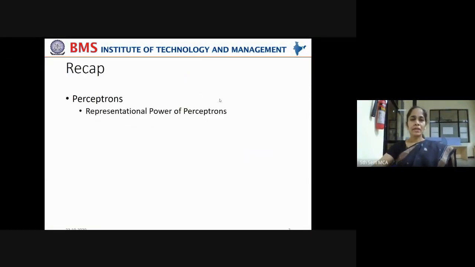In the last lecture, that is in lecture 2, we have seen how good is the representational power of perceptrons. Right? We understood perceptron like a basic unit of any neural network. And if we want to make a complex neural network architecture, we use many such perceptrons. Right? Then how a perceptron is used, how it actually processes the data, that also we have understood.